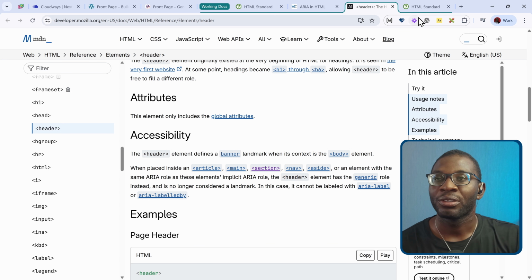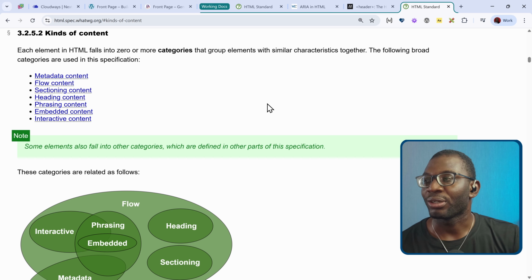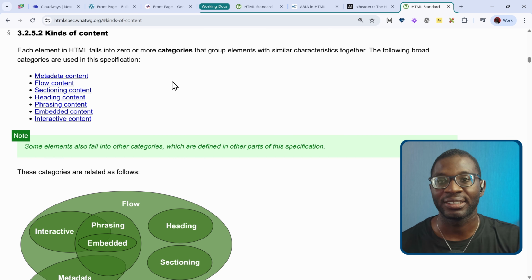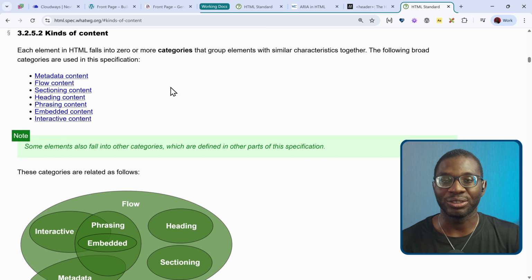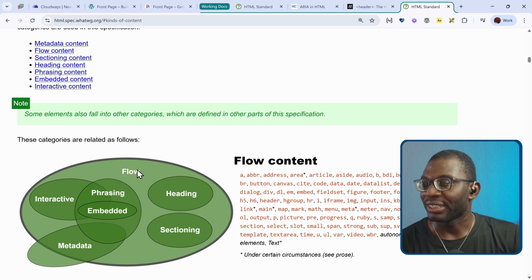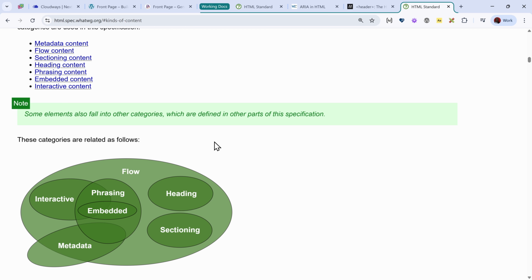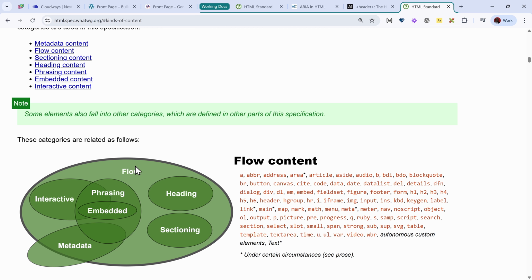For example, from the Living Standard, you can get to understand what are the kinds of content that exist. So you know what is allowed as a child element of other elements and so on. For example, you can see first, almost every element is composed as flow content.